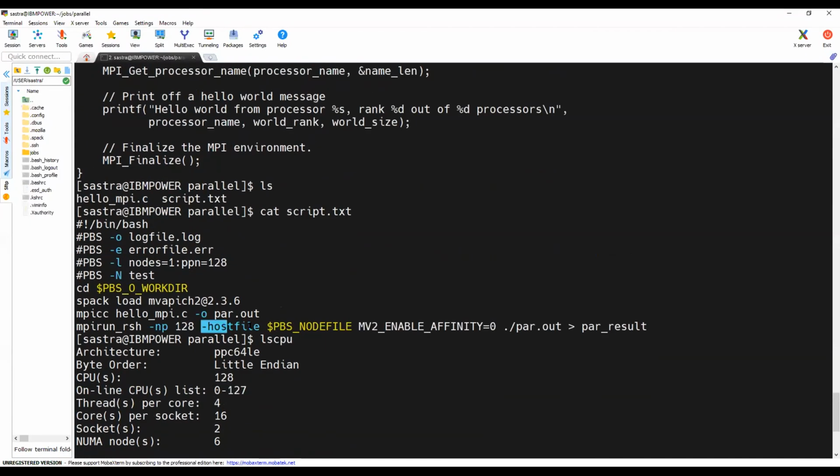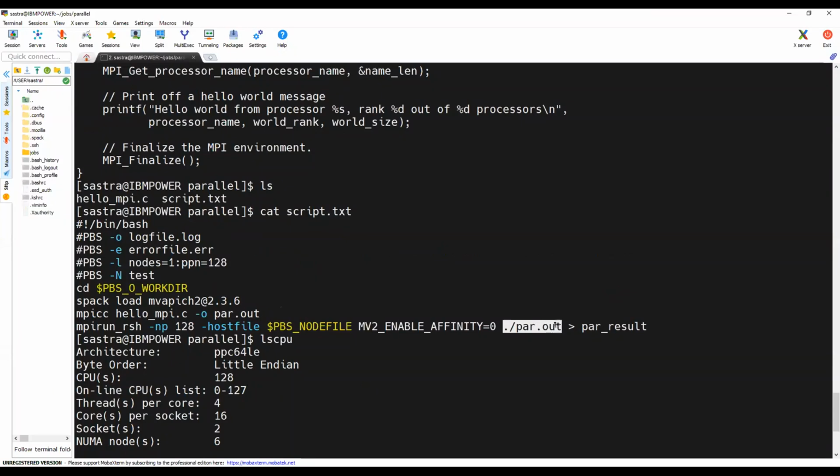So as I mentioned earlier, I need to mention the host file also. Host file in the sense the number of nodes or number of cores which have to be initiated during the runtime. And then I'm just adding this MPI variable here to avoid the warnings.